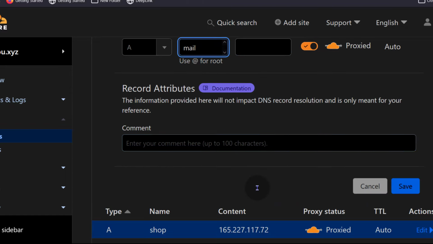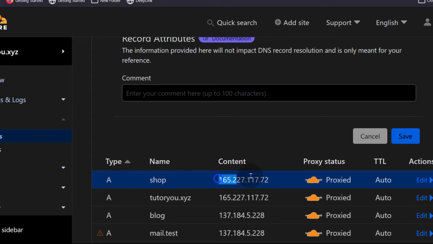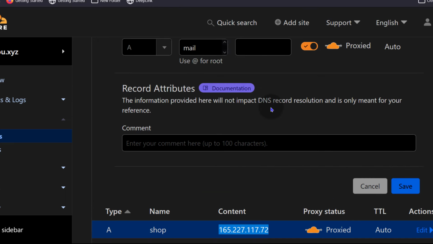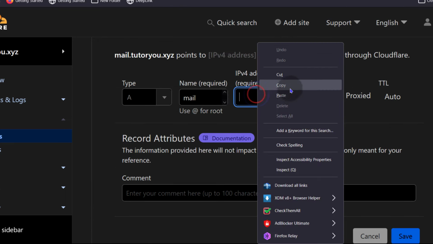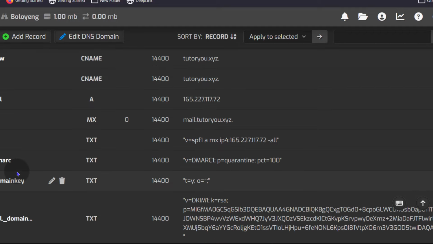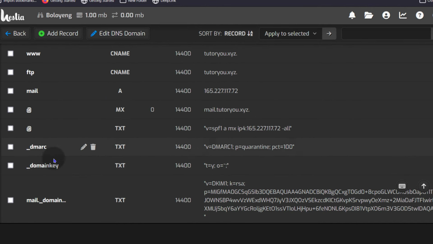And then add the IP address. Let me copy the IP. For mail, probably you won't need to proxy that. So if mail is not working, just unproxy it. But for now, I'm just going to leave it proxied. Let's come back again, and all these other records, just copy them one at a time and add them there.